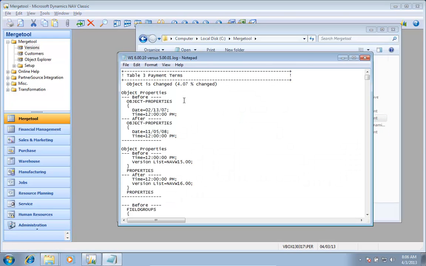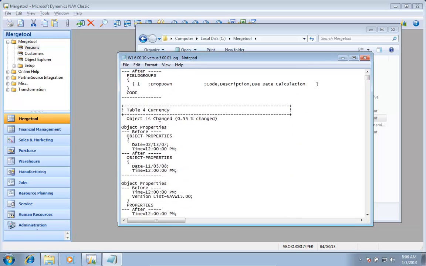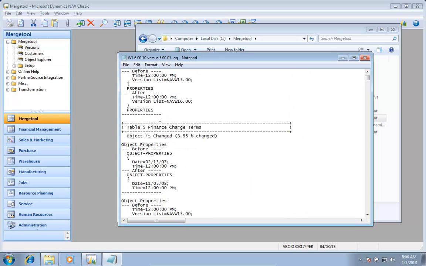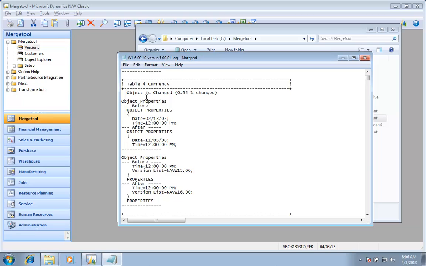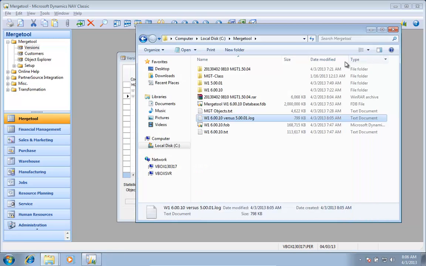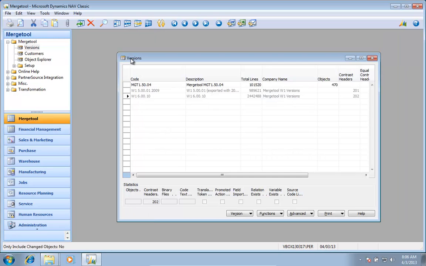It's up here. And I can see the same thing that I saw almost inside the log. I just get this one out. But a lot of things only have date and time changes and things like that in here. So there's a few things I can do with the merge tool. If I'm going to upgrade somebody and they have only date and time changes in here, under advanced,